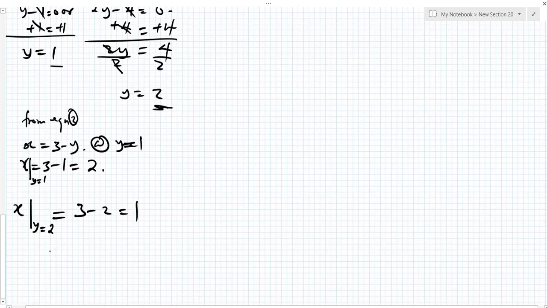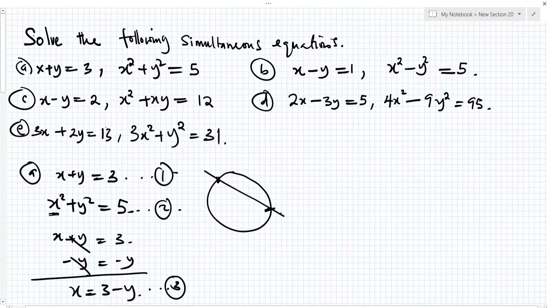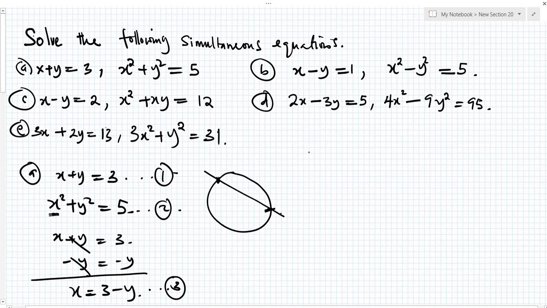So the two coordinates are, you have 2, 1, then another one, you have 1, 2. These are the two coordinates for this equation. Now let's go over to the next one, b. So this b now,